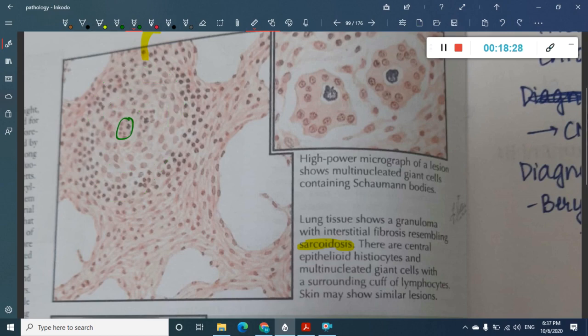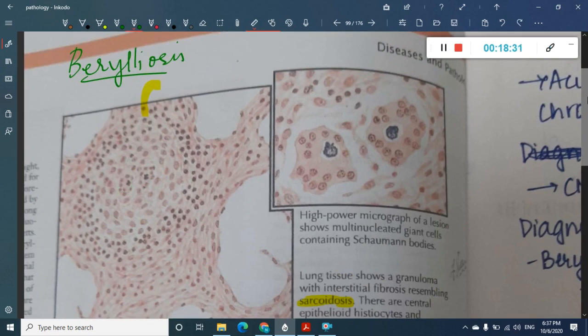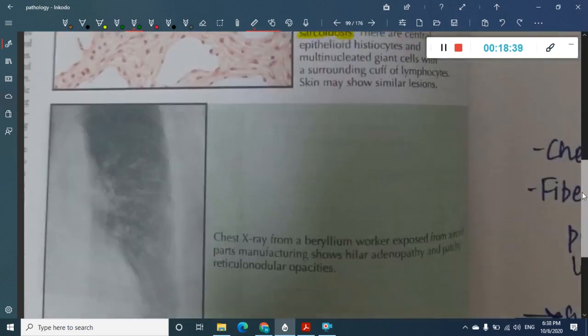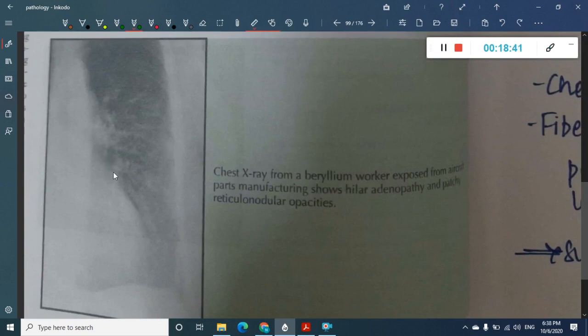And if you look at the multinucleated giant cells, you can see this is the giant cell with multiple nuclei. All these are multinucleated giant cells which you see here. Then what are you going to see here? This is again a chest x-ray of a beryllium worker. This is hilar lymphadenopathy, and you are also seeing these reticular opacities all over the chest x-ray, suggestive of an interstitial lung disease, where there will be an occupational history. So based on the history you can come to the diagnosis of occupational lung disease.